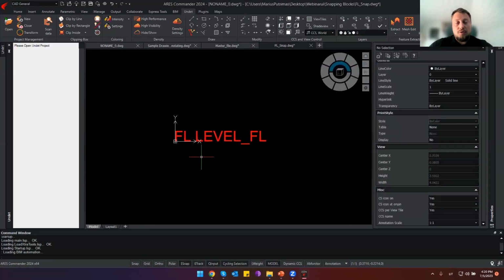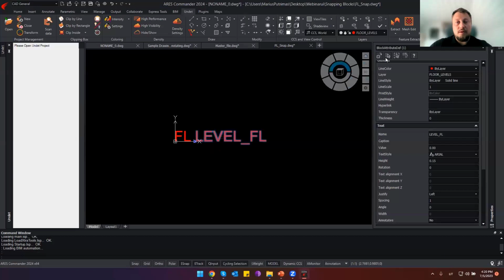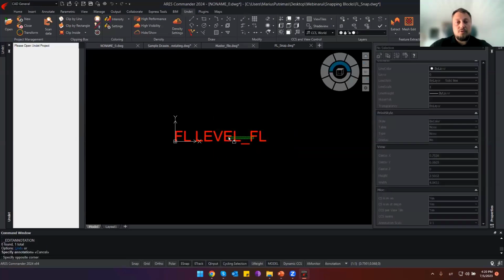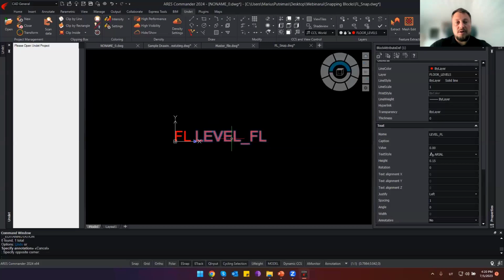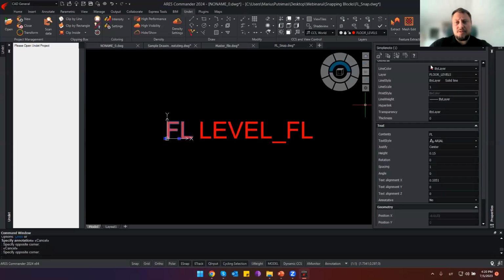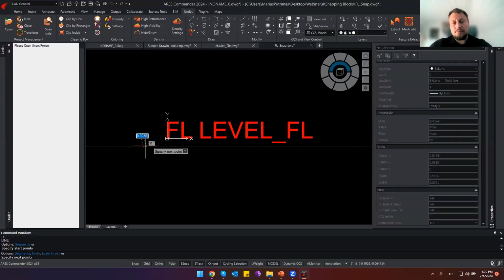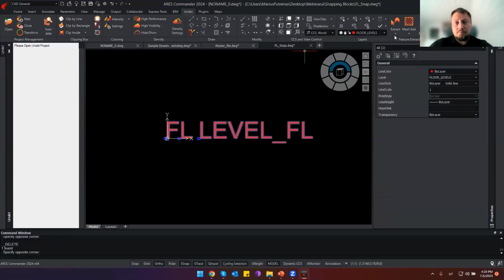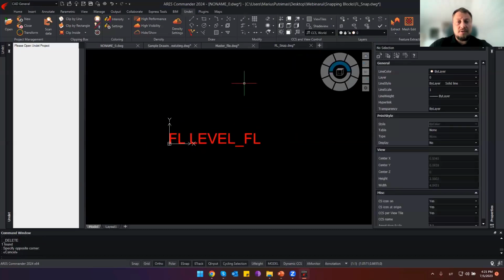What you cannot change is the block attribute definition part. So double mouse click, you will see that it's a tag name. This part you cannot change because we are replacing this text with the annotation levels. But for example, FL has a typical simple note object which you can change. You can draw the lines here, place the symbols. You can change the layers, change the font, so you can customize. And after saving,